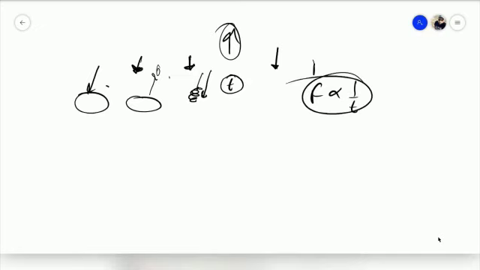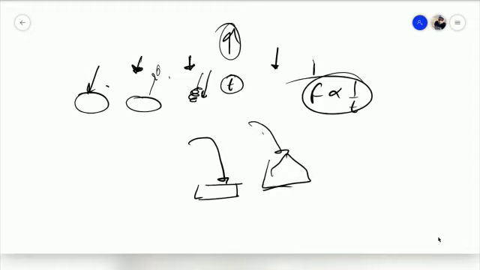This is the same reason why a person, when he jumps on concrete, gets more hurt than when he jumps on sand. Why? When he jumps on sand, the sand gets compressed and the time taken by the person to come to rest increases, and when the time period increases, the force becomes lesser, and the impact of the force on the body is less. So that prevents you from getting hurt. If you jump on sand or some soft material, it is fine, but if you jump directly on concrete from a considerable height, that is going to hurt you more. So I hope you are understanding this, right?